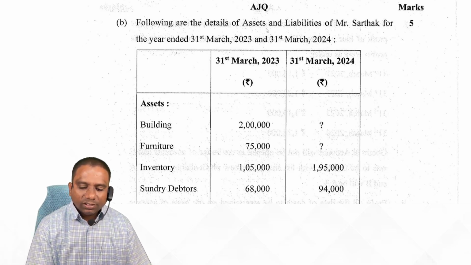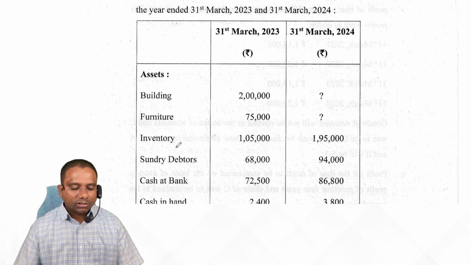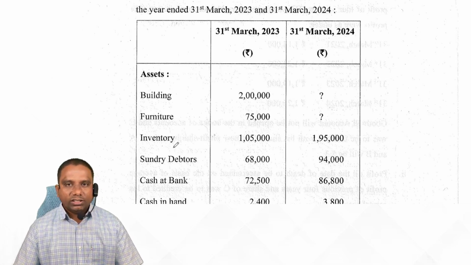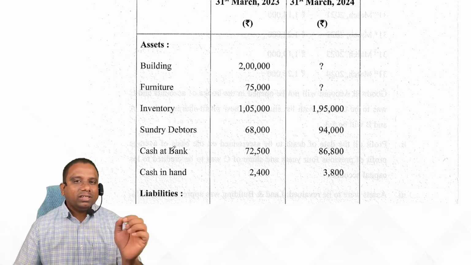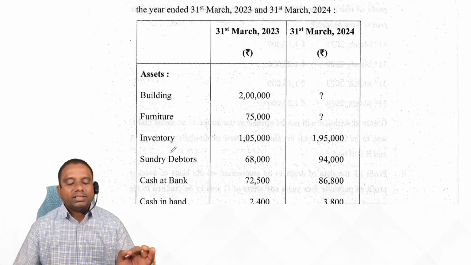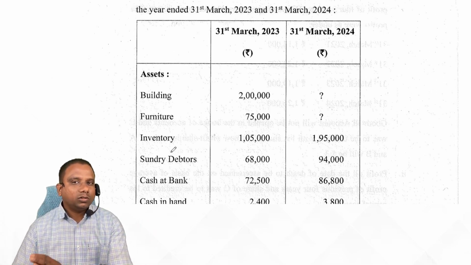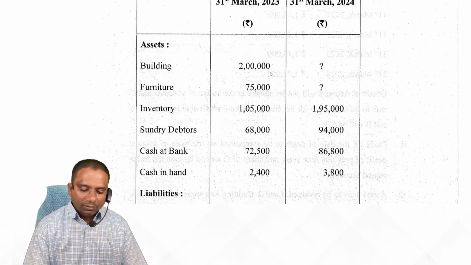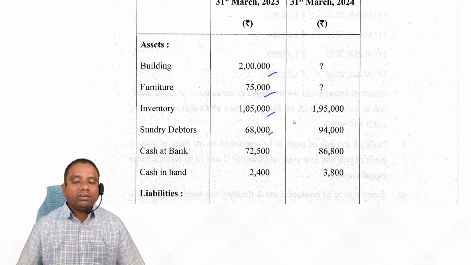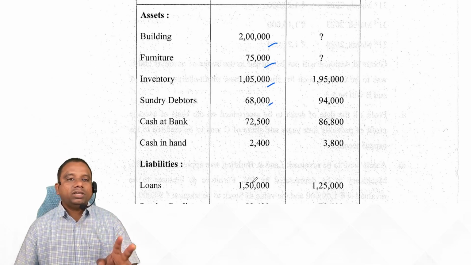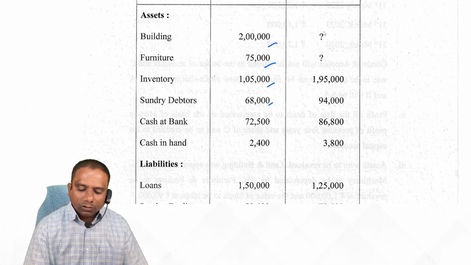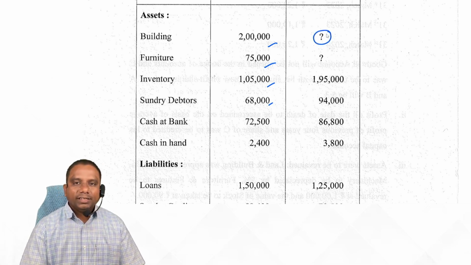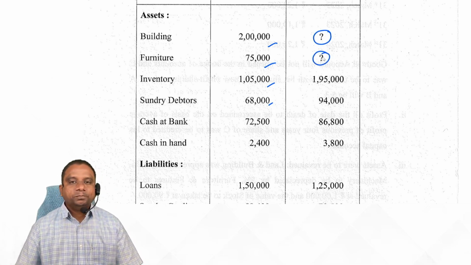Following are the details of assets and liabilities of Mr. Sarthak for the year ended 31st March 2023 and 31st March 2024. Here they are giving assets on opening date and assets on closing date. Observe. Building, furniture, inventory. So here we have to prepare statement of affairs for opening of the year and ending of the year. Here if you observe, at the end of the year, building account balance question mark, furniture also. But they have given